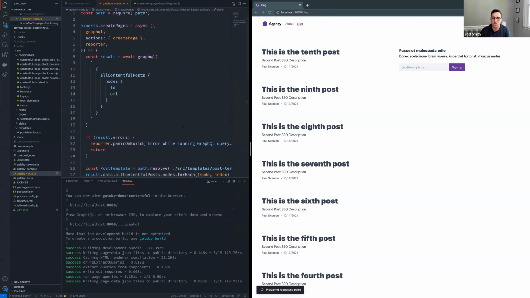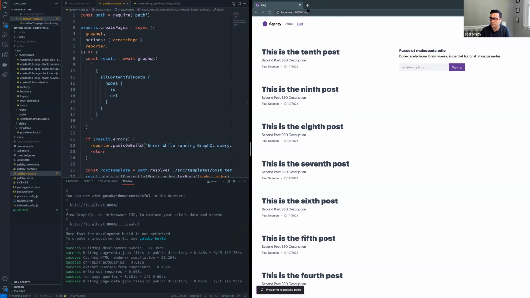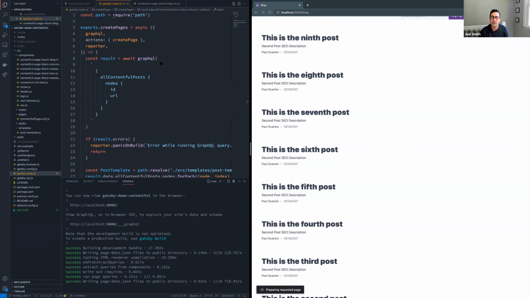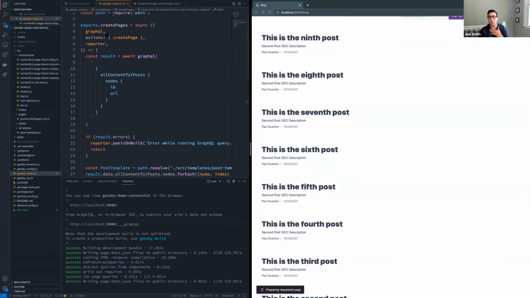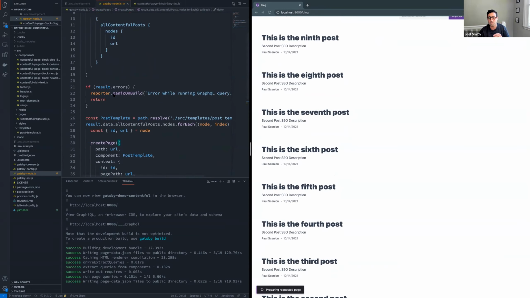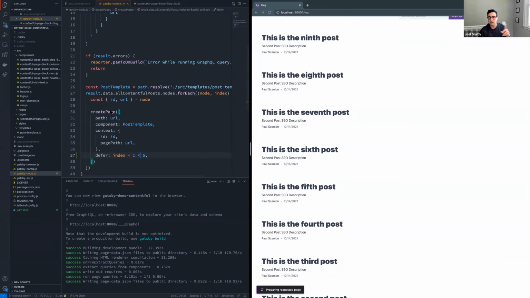Okay, so I wanted to show this simple little Contentful site that one of our devs has been building for us. And you can see it's got 10 posts here. And in my gatsby-node file, where I've gone out to grab all my Contentful posts, when I render that post template, when I'm accessing the createPages API, I can now pass in an option called defer. And that's going to say, hey, skip anything where, and this is just the index of it, is less than 5, so I just want my latest 5 in this simple example.